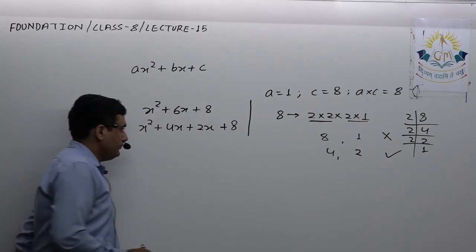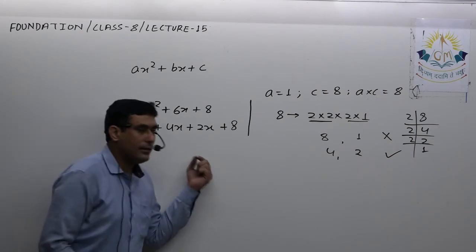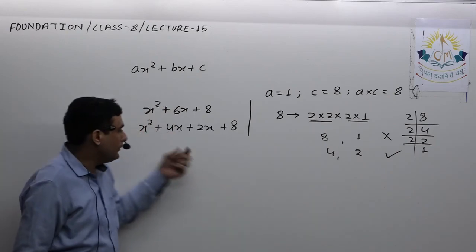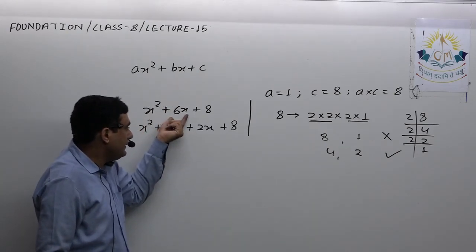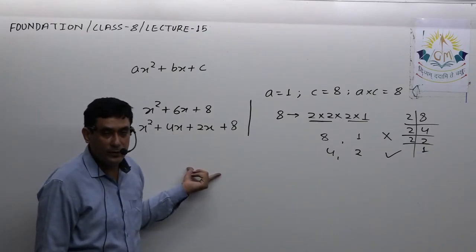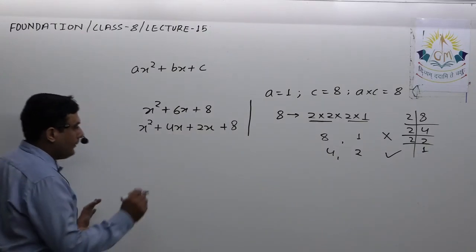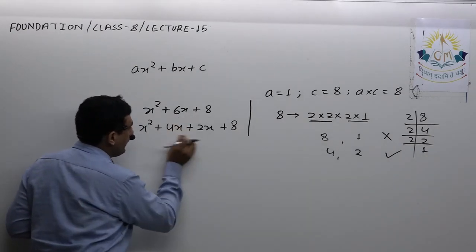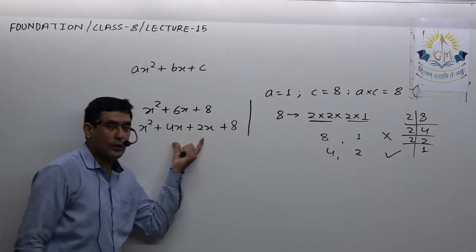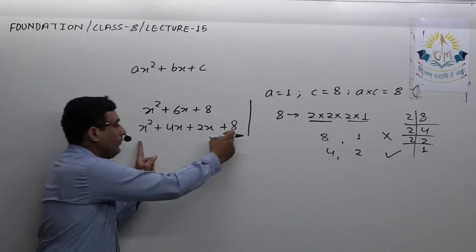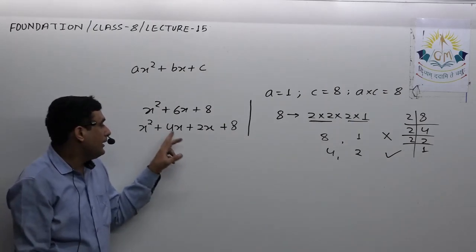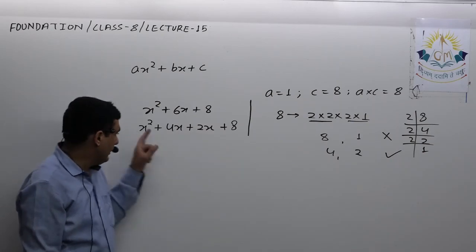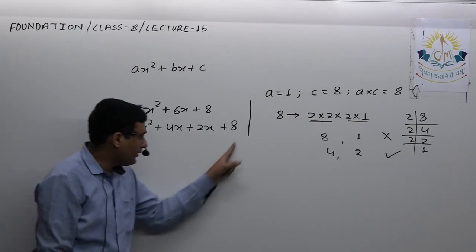Okay, now before I move further, there is one more check. See here, I already checked whether these are the correct combination or not. But sometimes, even though we get the same addition, we won't be able to factorize it further. So before you proceed, keep a habit to check. The sum of these two, the addition of these two, must be the middle term. Yes, 4x plus 2x is the middle term. As well as the product of these two must be the product of first and last, including the sign. Here 4x multiplied by 2x gives you plus 8x square. Over here, if you multiply the first and last, you can see you will get 8x square.